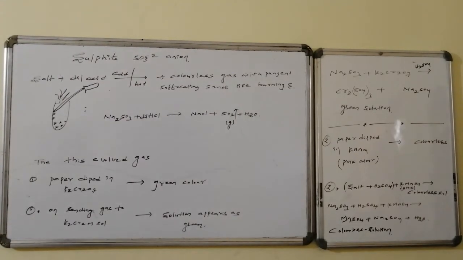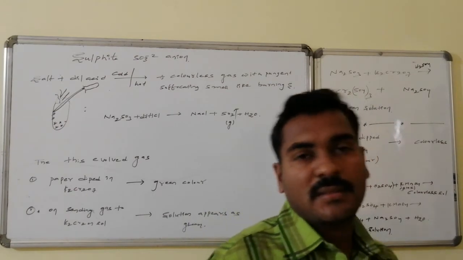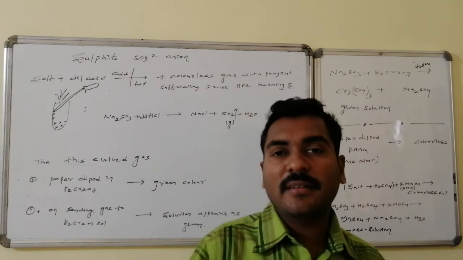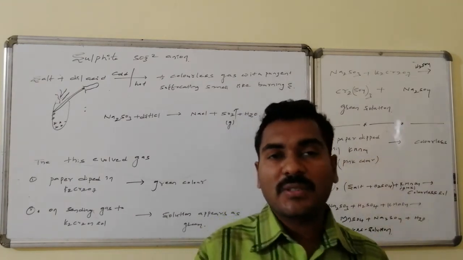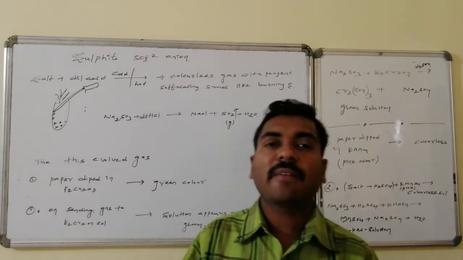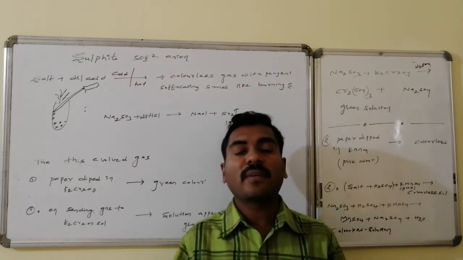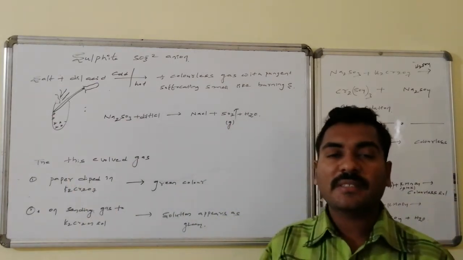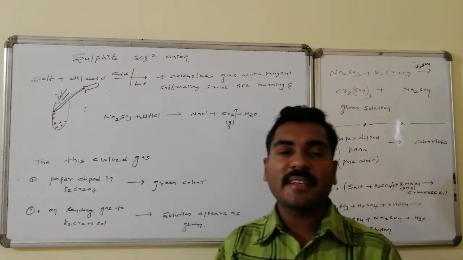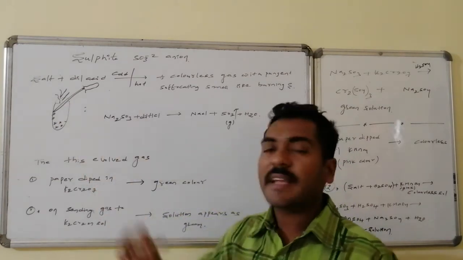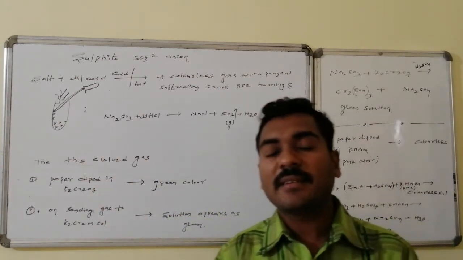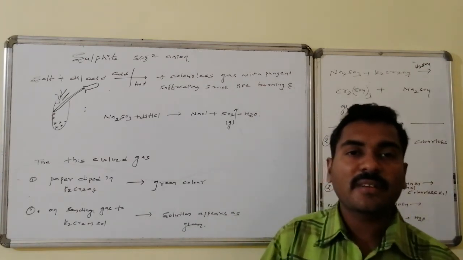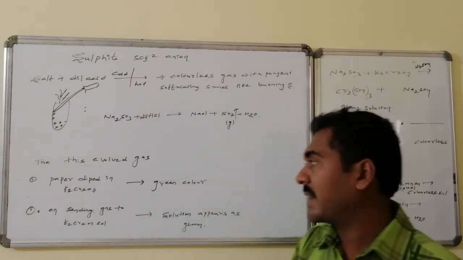Sulfide anion, whereas sulfite is the SO3 2 minus anion. This particular sulfite salt on reaction with sulfuric acid, sulfur dioxide gas evolution takes place, which is colorless but has a very pungent burning sulfur like odor. Whereas this particular salt is taken in a test tube, to this a dilute acid like either sulfuric acid or HCl is added. As a result, gas evolution takes place. That gas does not have any color, but it has a pungent odor of burning sulfur, that we can sense. It is sulfur dioxide.